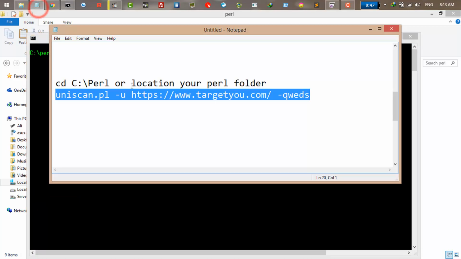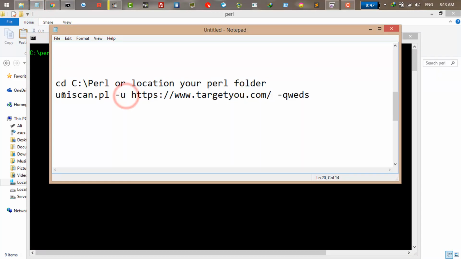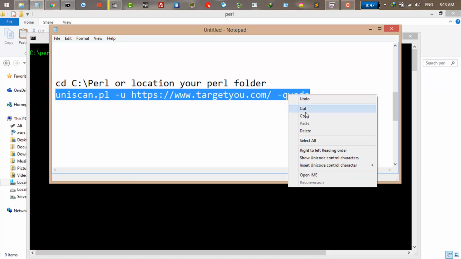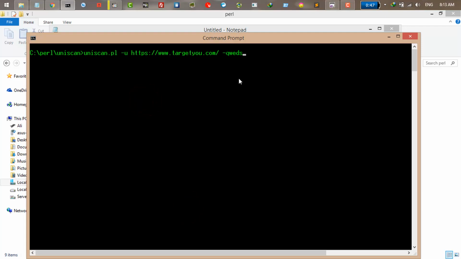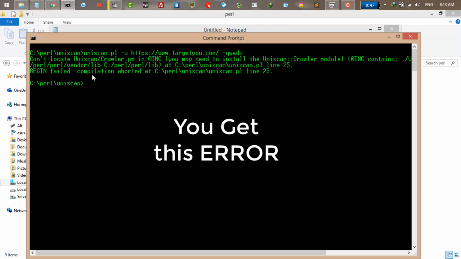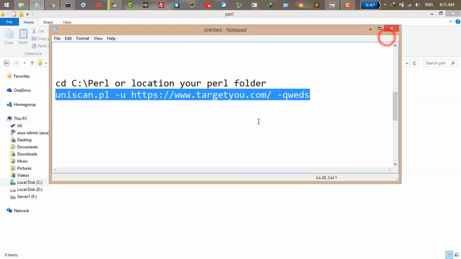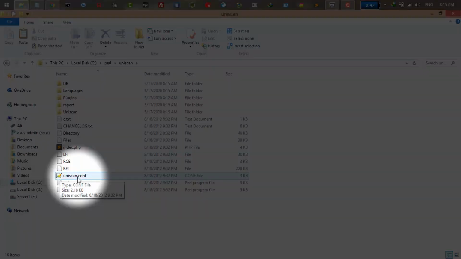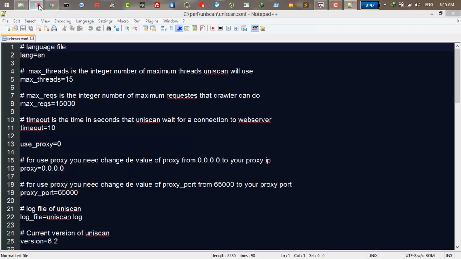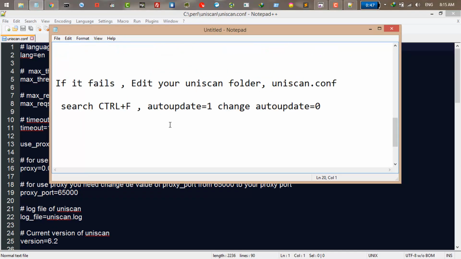So to run it, use this command. This command will scan a website. Just paste it and press enter. Oh, as you can see, we get this error. To fix this error, it's very easy. All you need to do is go to the Uniscan folder and edit the uniscan.pl, and once you are there,